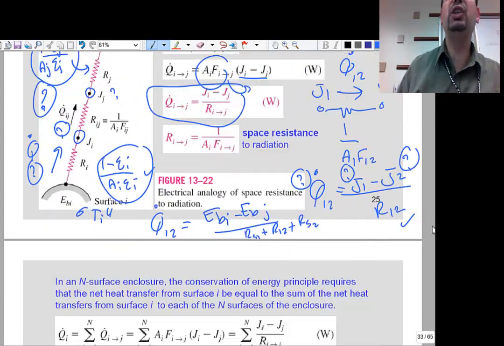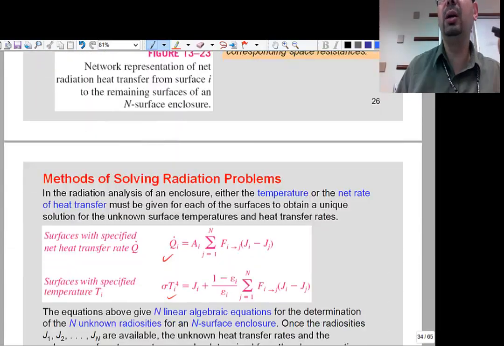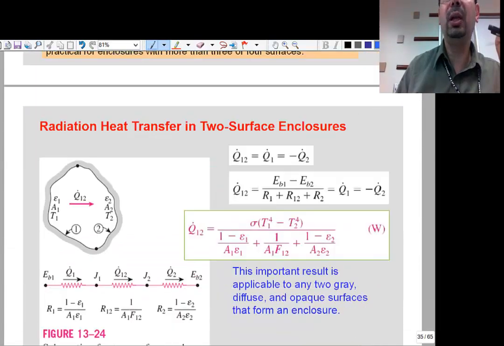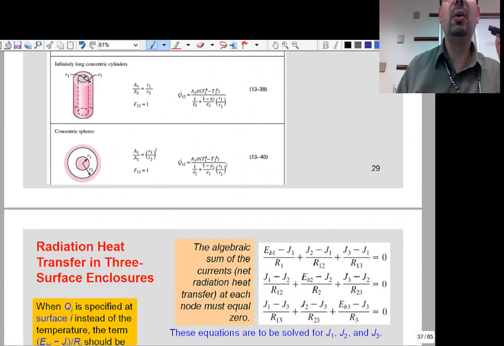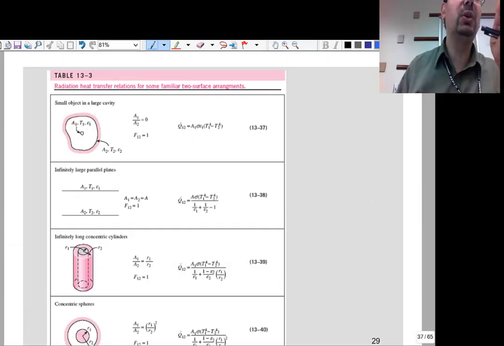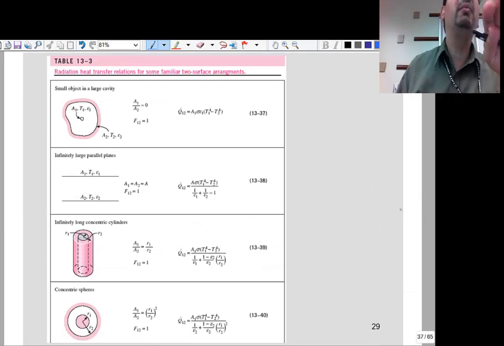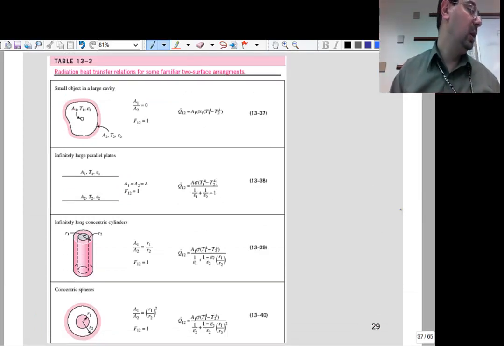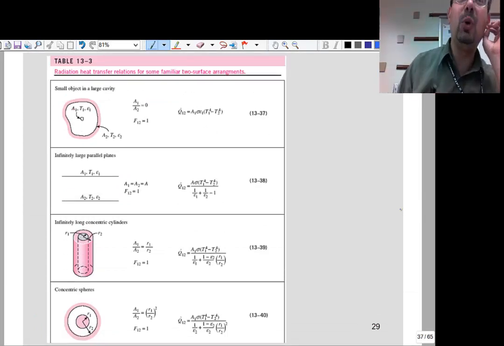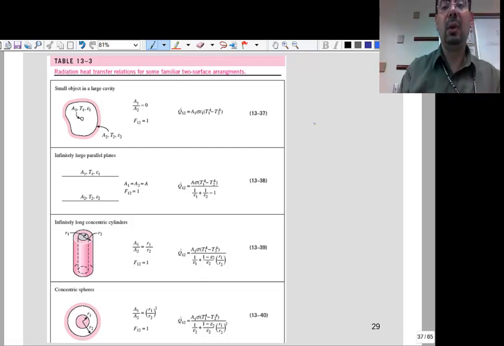So that's for two bodies. And actually, let's solve some problems before we go to the more complicated ones. That formula works, okay? But sometimes the two bodies are standard, like we see them all the time. For example, two plates like this. This is basically plate 1, plate 2, T1, T2, epsilon 1, epsilon 2. And because they are infinitely long,